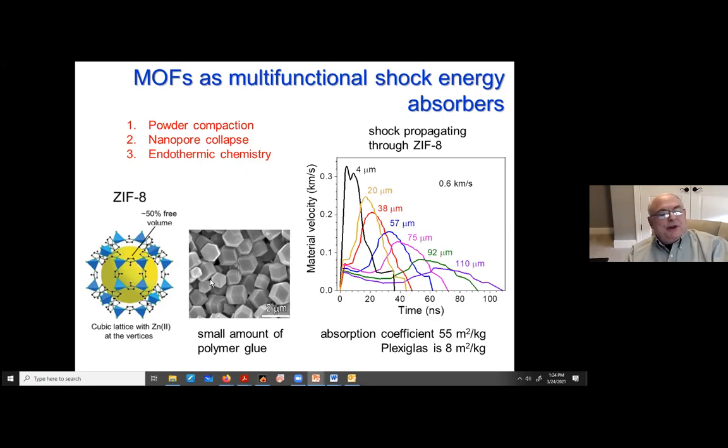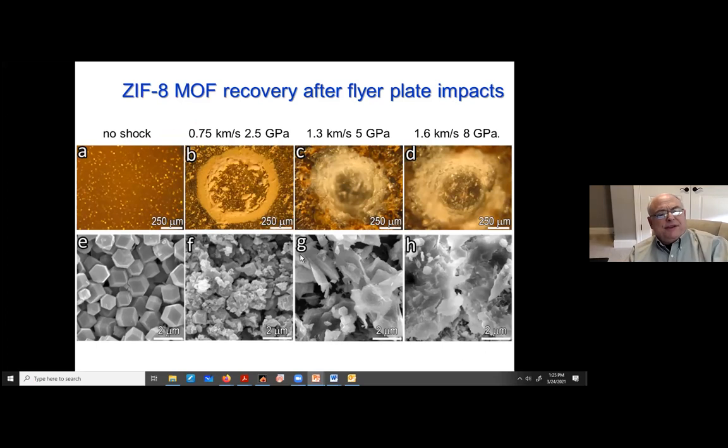Okay, well, nobody is putting ZIF-8 in a product tomorrow, but it is a laboratory for investigating new ways of attenuating shock waves. Those of you who use diamond anvils probably frequently recover your sample afterwards to see what it does. Often that's not easy to do with shock waves because the sample gets destroyed, but this one turned out to be pretty easy to recover. So let's look at it.